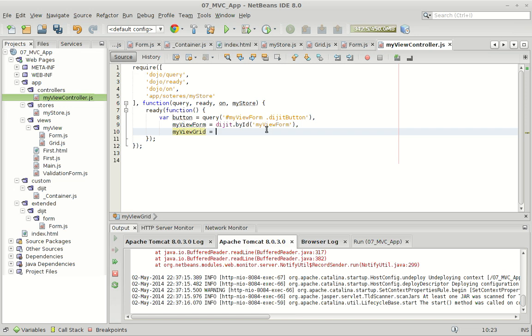equal digit dot by ID, my view grid, and that's it for getting the values. Now I'm going to say on button,